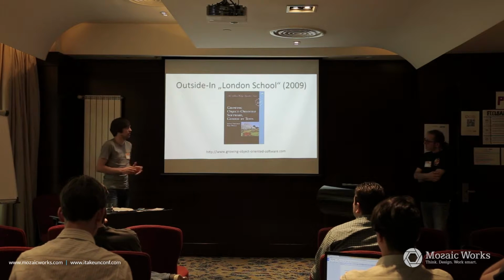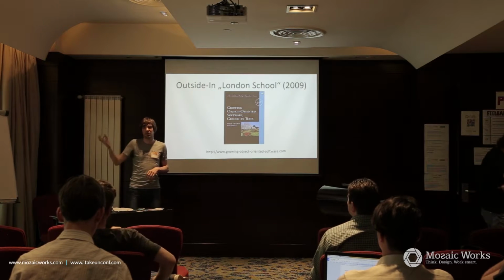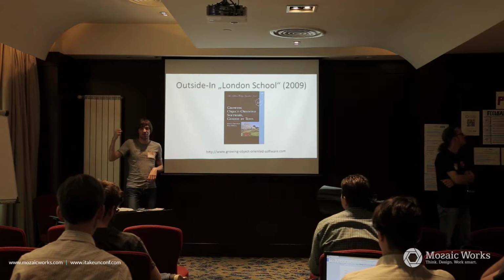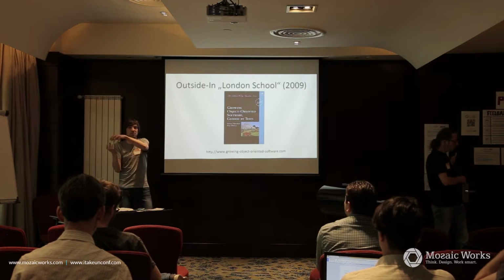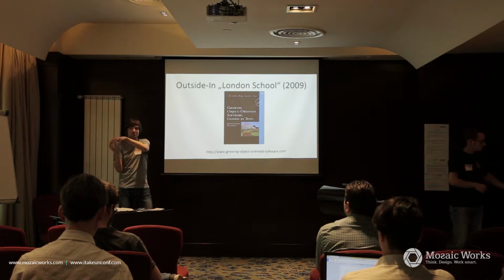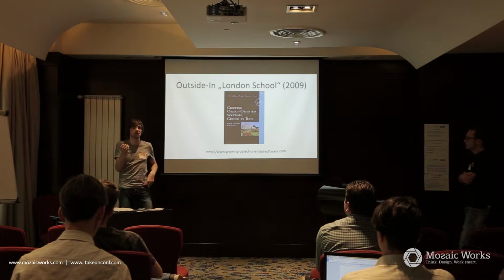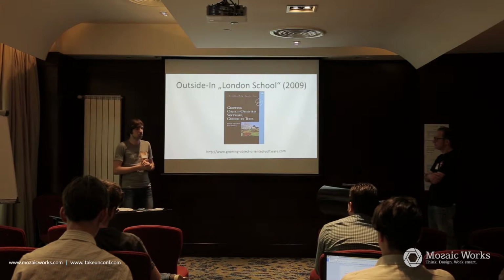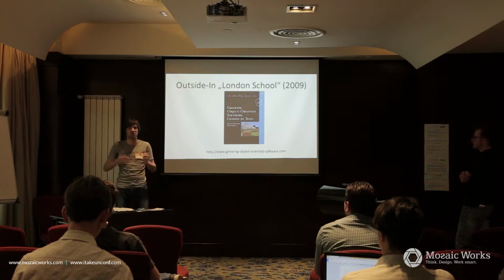The other approach, the London School, does it the contrary. They start from the outside, from the client-side unit, and you write the test, then you write the outermost unit, and now you have another problem, because the outermost unit depends on other units, and they do not exist at that moment. So what you have to do is mock the unit or create a test double